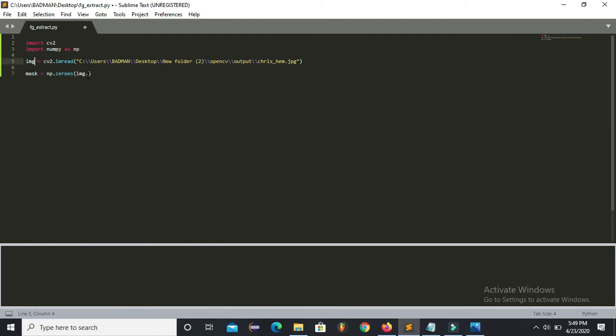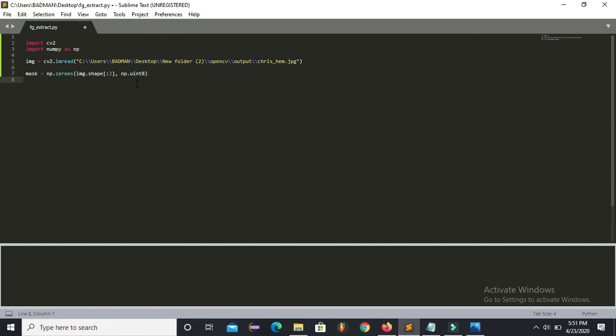So for that I will use this, and here I will specify the data type, and this will return the shape of the img array. This shape will be 3D, and we need only a 2D array, so that's why I have done slicing here.